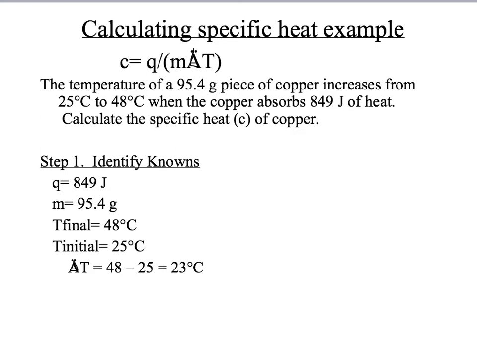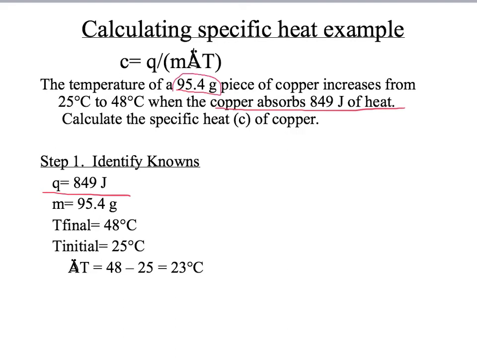So our very first step is to identify the knowns that are given to us in the problem. So let's look at Q first. Q is the heat. We're told in the problem that copper absorbs 849 joules of heat. So Q is 849 joules. Mass is also given to us in the problem. It states that there's a 95.4 gram piece of copper. So for mass, I can put